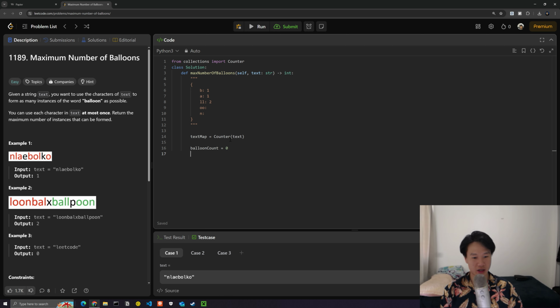So we'll have balloon count equals 0, to see how many we can make. Basically, for value, the character we're trying to find, in this, so B, A, L, L, O, N, we want to see if the value exists in the hash map. So if value in text map,